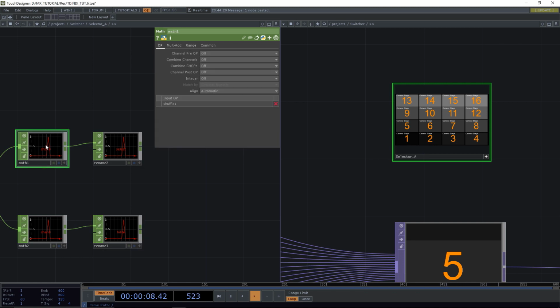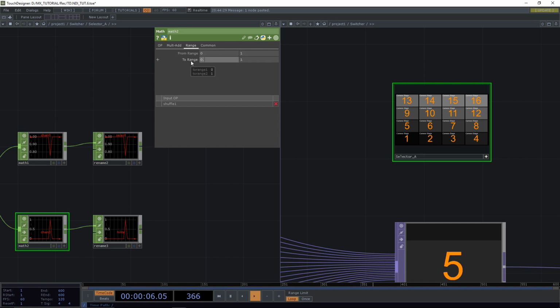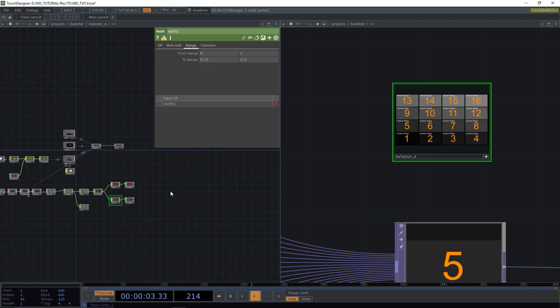So what ranges are we gonna give them? This one should get a range from 1 to 0.75. That means usually it's at 1 unless it becomes selected, then it becomes 0.75. And the other one should get a value range from 0.75 to 1.5. You have the opposite thing. If it's selected, the value is high. Now,